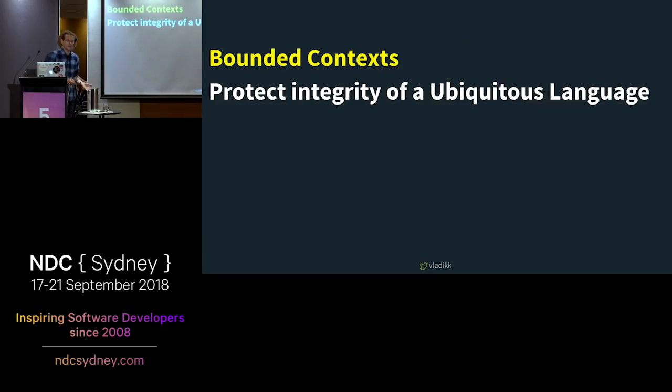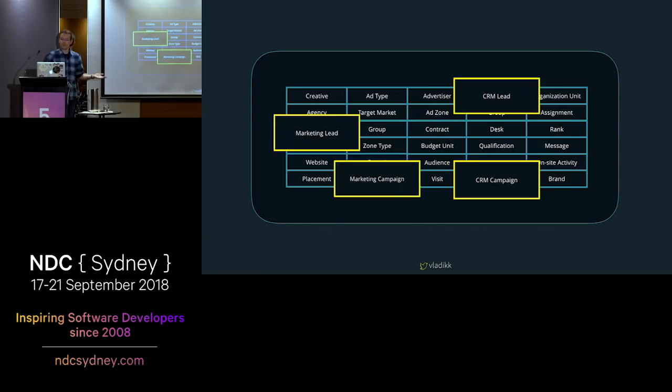The goal of bounded context is to protect the ubiquitous language by making sure that each term of the language has exactly one meaning, to make sure there are no conflicting models in the same bounded context, in the same system. For example, as I said previously, in our original design of the CRM system, we had terms with multiple meanings, lead and campaign. According to domain-driven design's principles, we split this model such that each term had only one meaning in each bounded context.